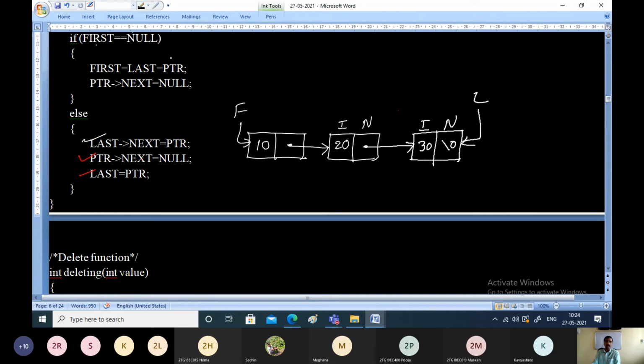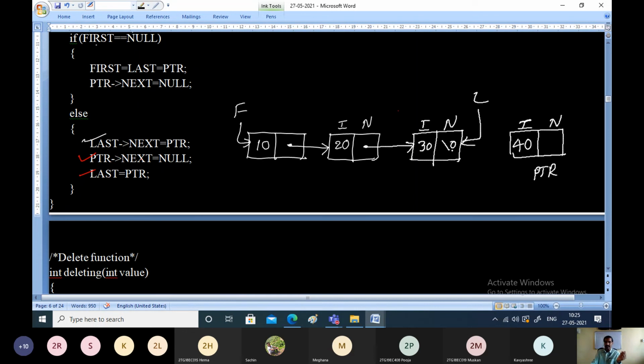The value will be 40 here. So how do you insert 40? What is the procedure? First, declare a structure variable, allocate memory for that structure variable, call the variable ptr, and ptr will have two fields, information and next field. In the information field of ptr, store the data which you want to store, 40, and check: is it the very first node in the linked list? No. In that case go for the else part.